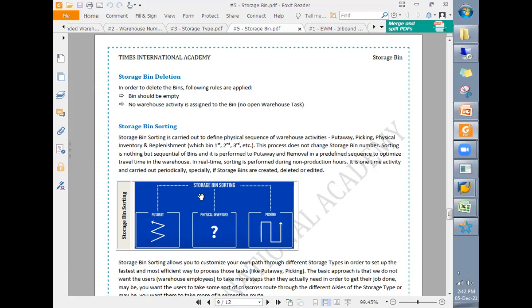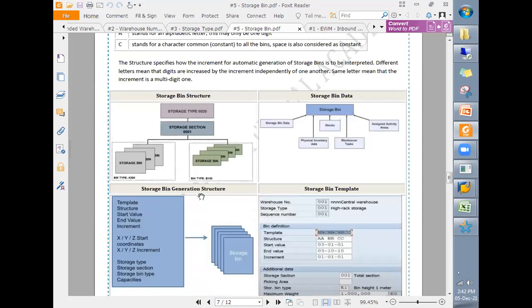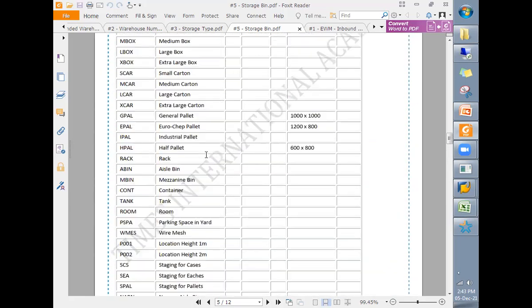All those things are explained here. In order to create storage bins automatically or in bulk, how is the storage bin template or the structure defined? How do we understand the business requirement for it?